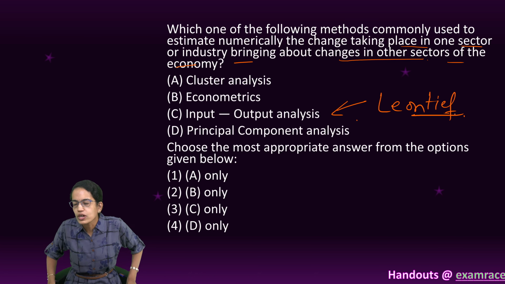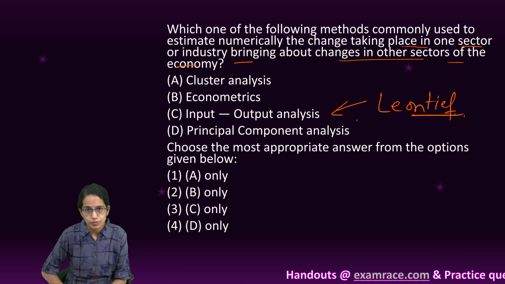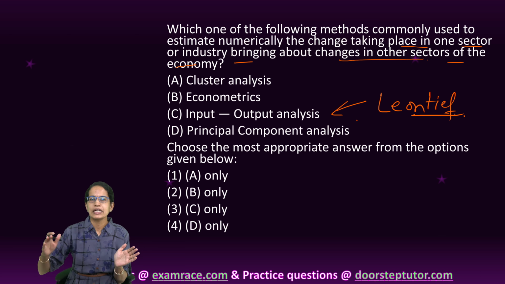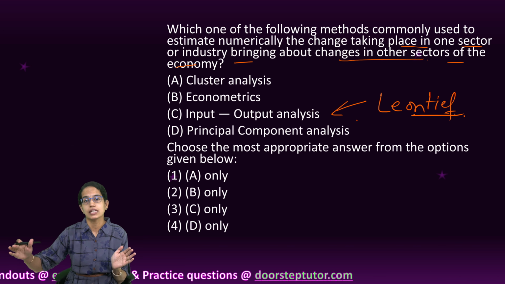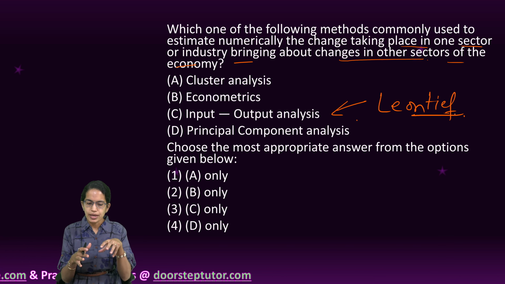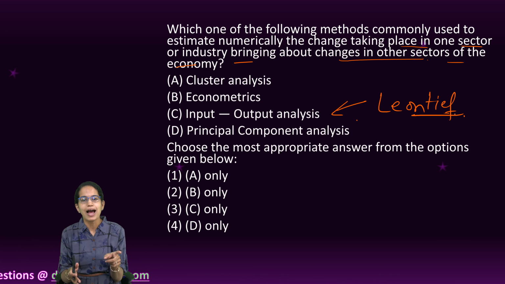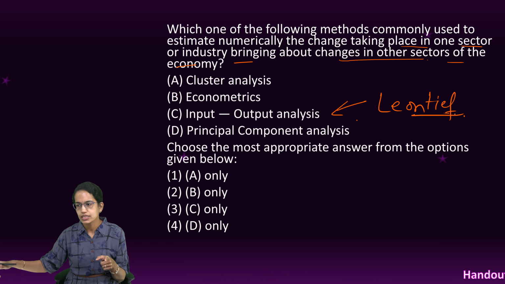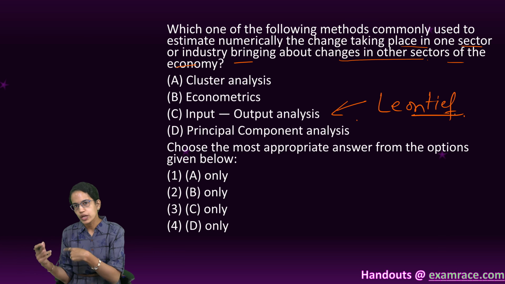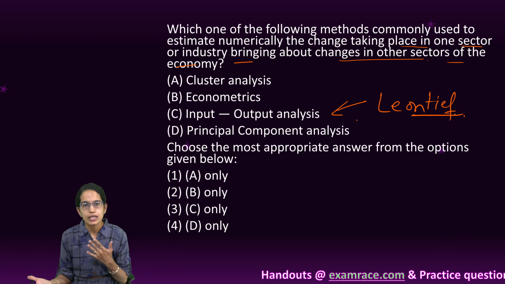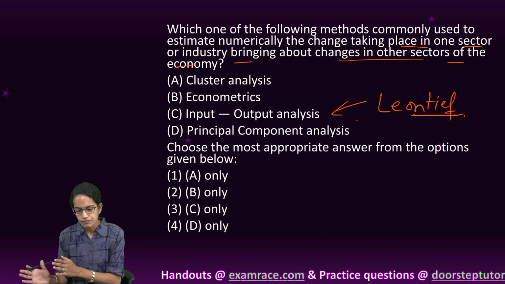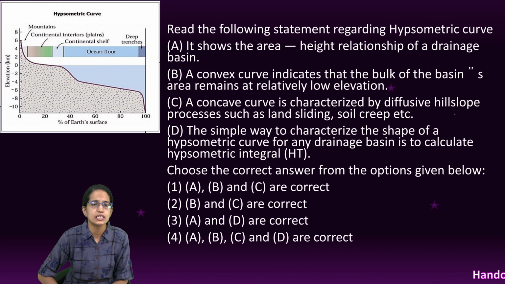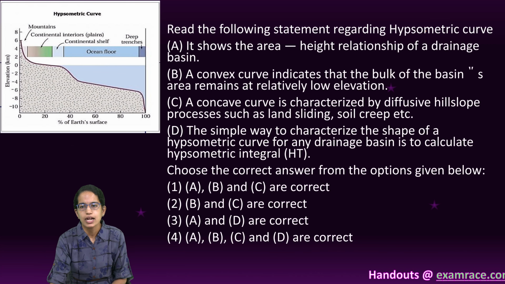Wassily Leontief, who talked about the application in general equilibrium theory, and there he explained that there is interdependence amongst various sectors of the economy. So determining the optimum level of production and the changes which come from one sector bringing about changes in the other sector is important. It also helps us in networking of the intermediate products and the final products which would be brought to the customer. Clear?